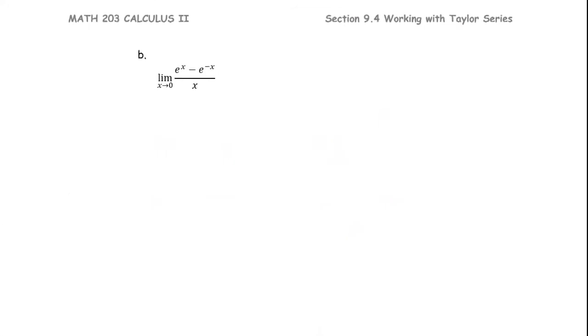Next example, the limit of the quantity e to the power x minus e to the power negative x, divided by x. The e to the power x, with the Taylor series representation, is 1 plus x plus x squared over 2 factorial plus x to the third over 3 factorial plus x to the fourth over 4 factorial and so forth,